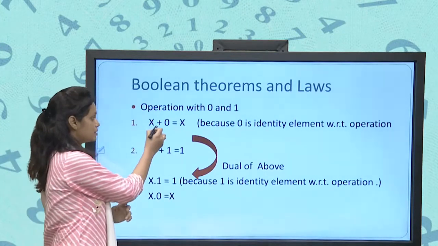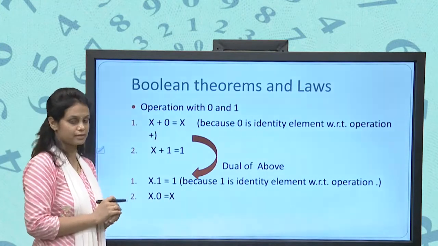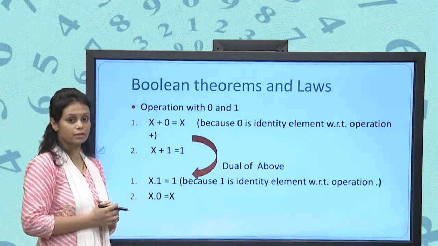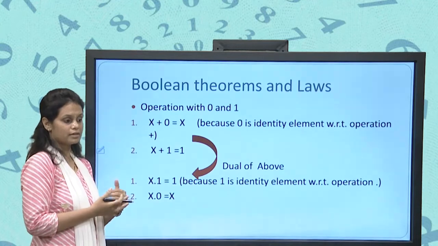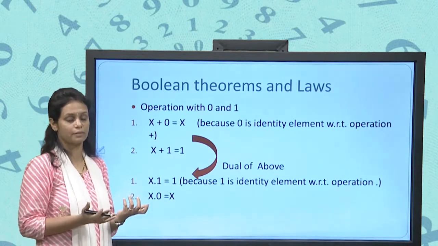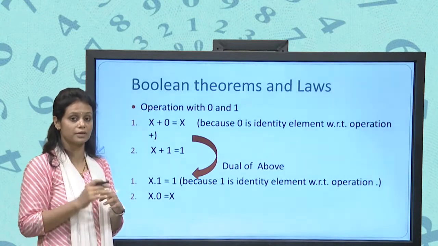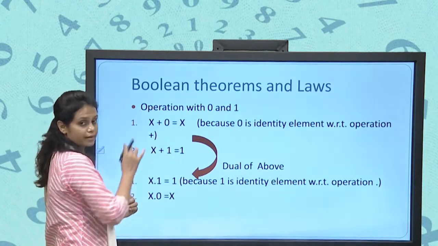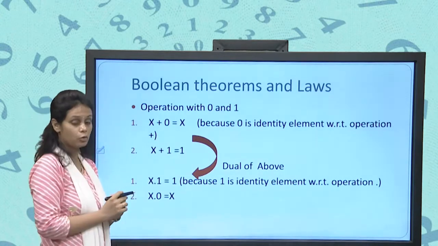What is the meaning of the 0? It is the smallest element, okay. What is the meaning of the plus? What will we consider for the plus? So, we will consider the output of the plus is always the greater element, because the output of union is always the larger. Fine. So, x plus 0 equal to x, okay.